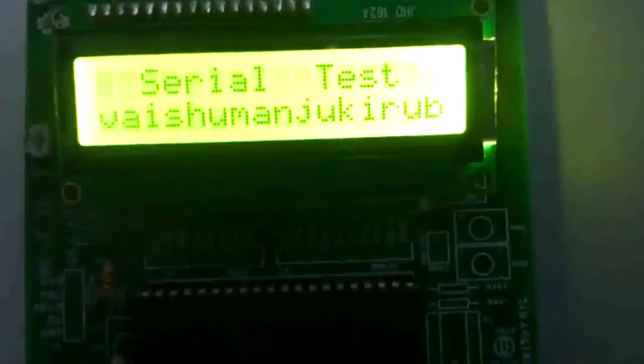In the receiver part, the light signal from the LED is received by the photodiode. Output of the photodiode is given to the PIC to reconstruct the data transmitted. On the left hand side you can see the transmitter section, and on the right hand side you can see the receiver section. The transmitted data is displayed in the LCD.